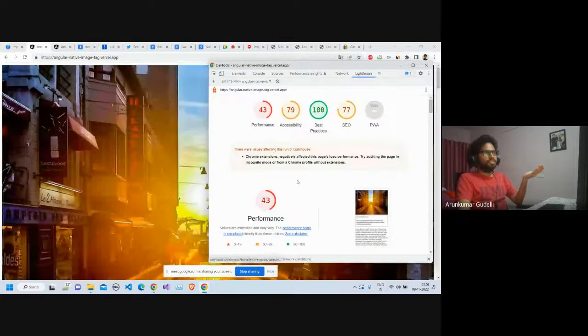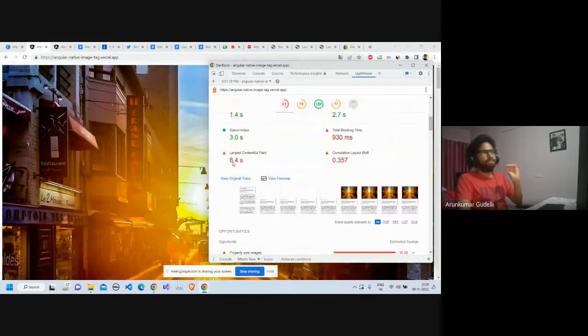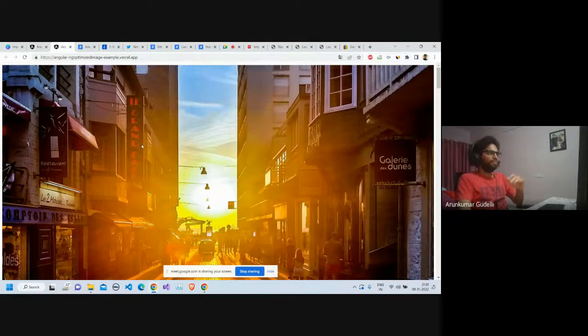The performance is 43%. The LCP is 8.4 seconds, whereas the best practice should be under 2.5 seconds. This is also an Angular application, but I'm using the native image source tag. Now we will see with the